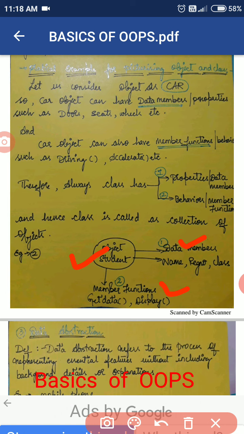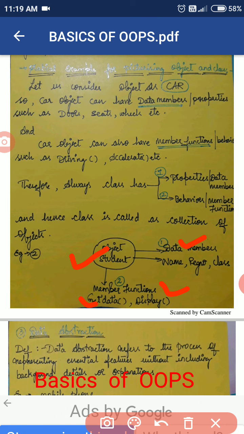The display function will display whatever inputs we give and whatever output we get from the computer after processing. And get data is what we give to the computer, and it also gives to the computer. That is the get data function.